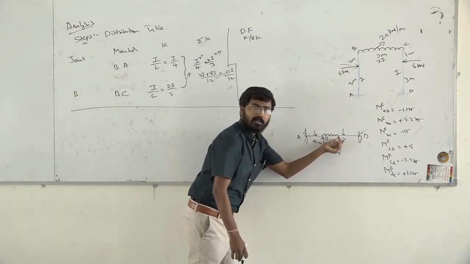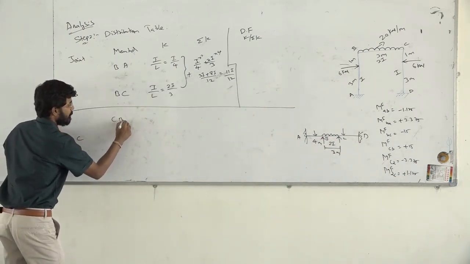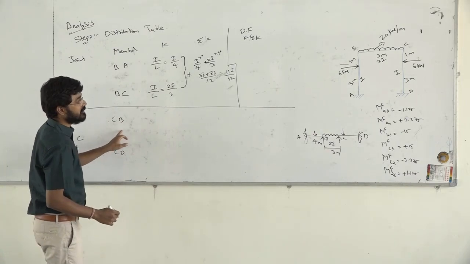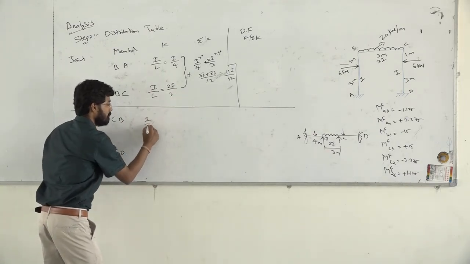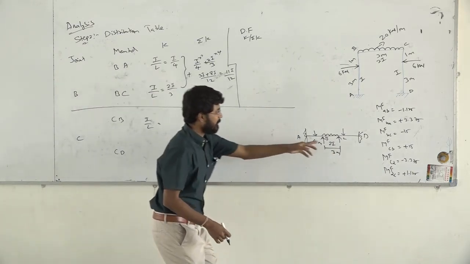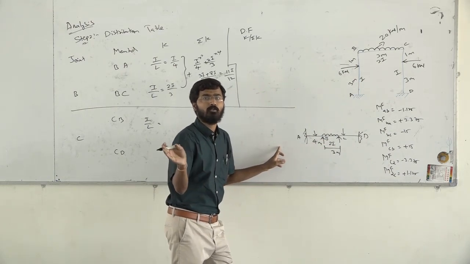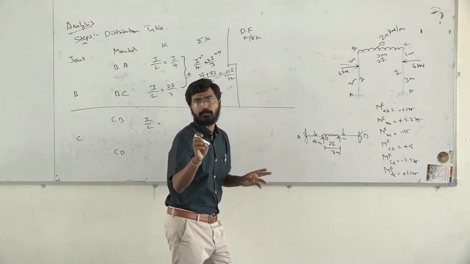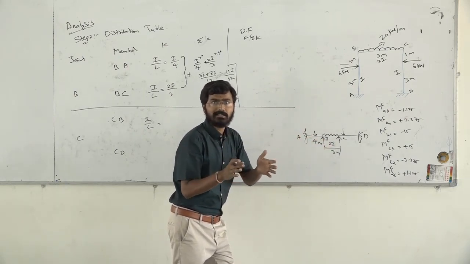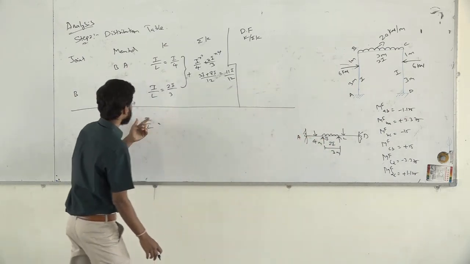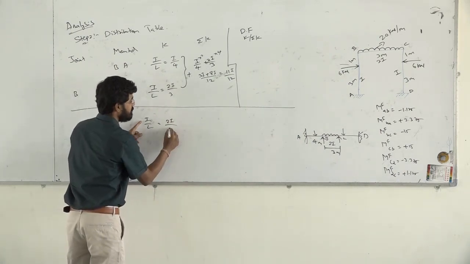We have one more joint, which is C. Now if you see joint C, we have CB and CD. For CB, we have I by L, because B is my far end. After this I have a continuous beam, one more beam over there, so we consider this support as a fixed support. Then we take it as I by L. Here we have 2I, and L is equal to 3.